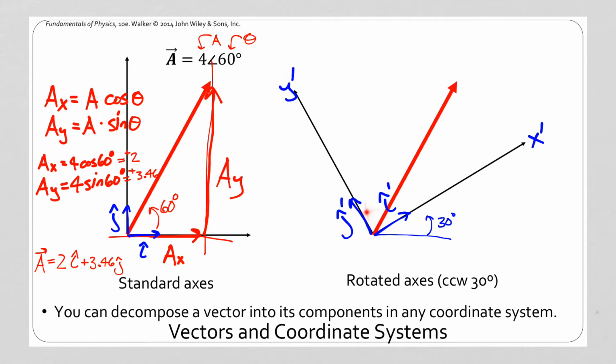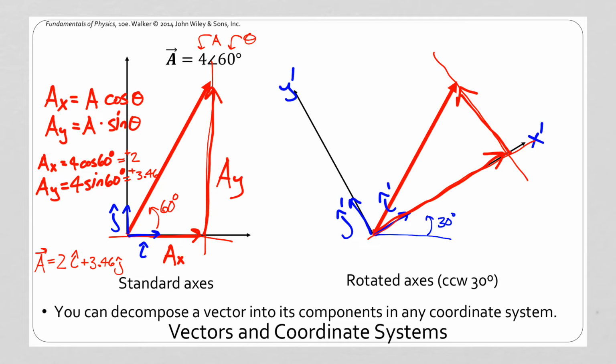This is vertical. Vertical is aligned with the y-axis. This is horizontal. This is aligned with the x-axis. So in fact, I draw a quote-unquote vertical line through the tip, a quote-unquote horizontal line through the tail, and these will be my components for the same vector,